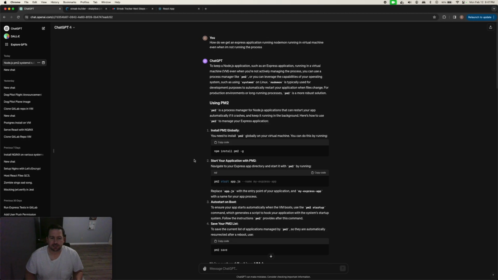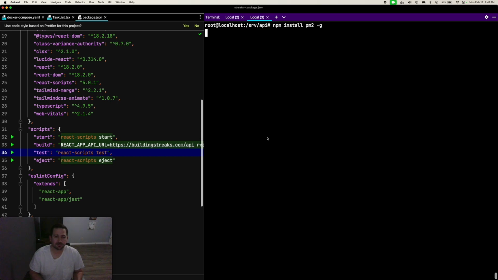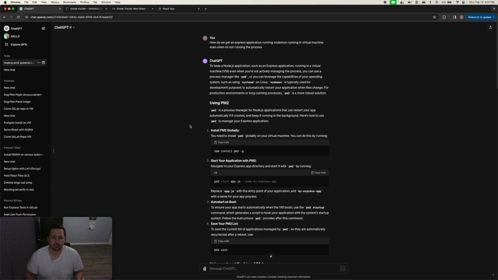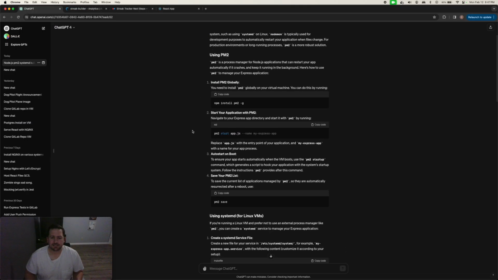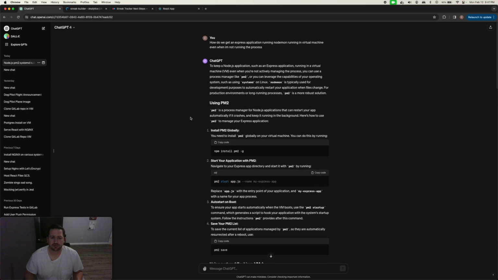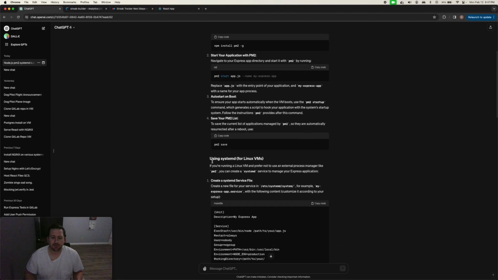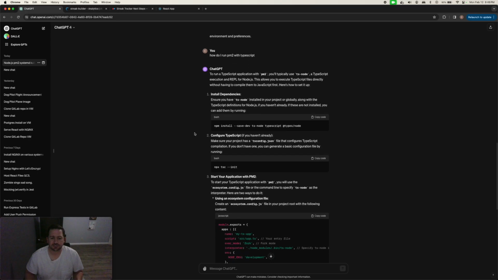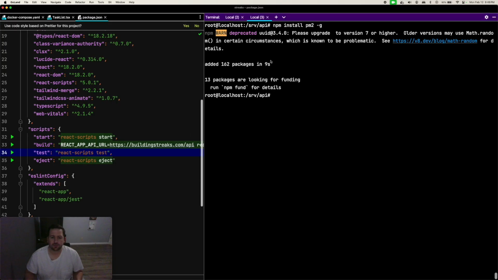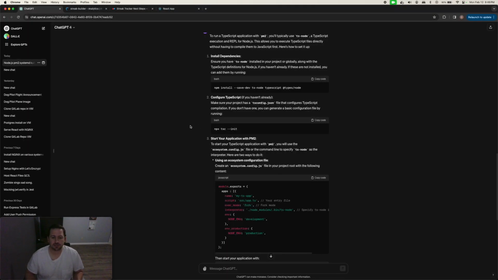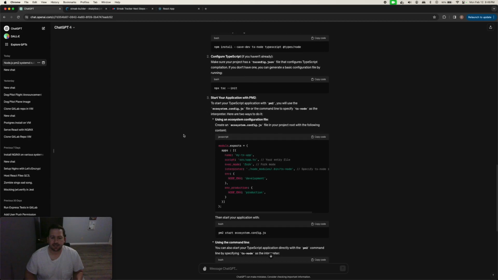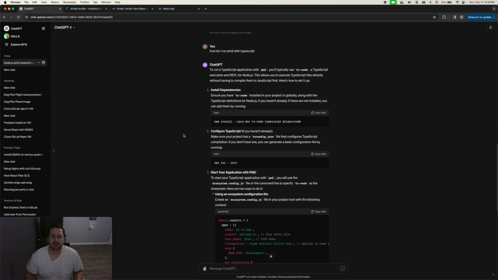and I've got ChatGPT loaded up, and I've got a couple questions. The first thing we're going to do is install PM2 globally. These instructions are to get node running. What we want to actually do instead is use TypeScript. So we've got PM2 start downloaded now, and now what we need to do is,